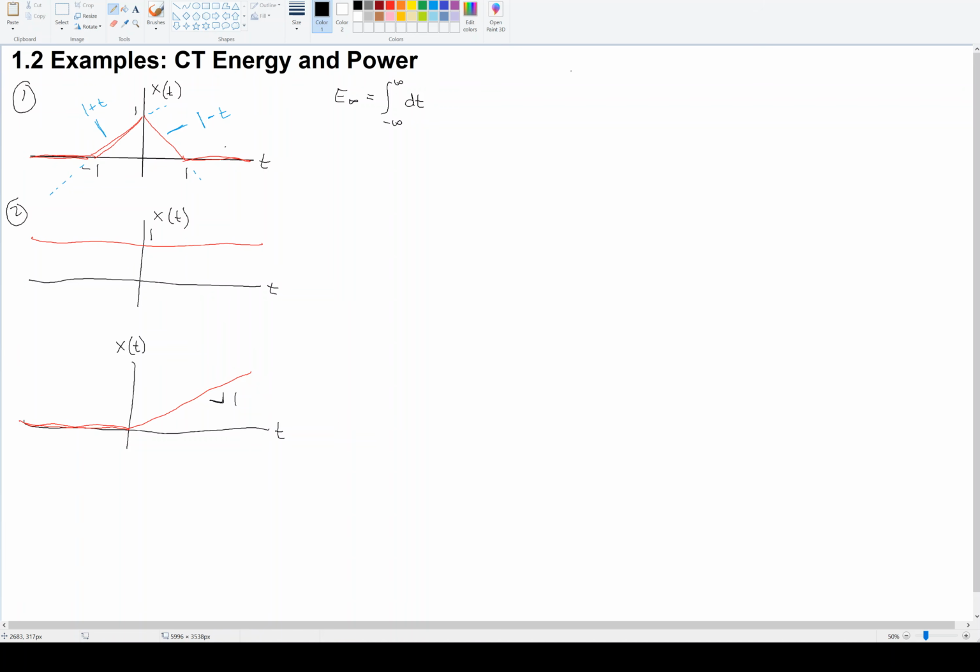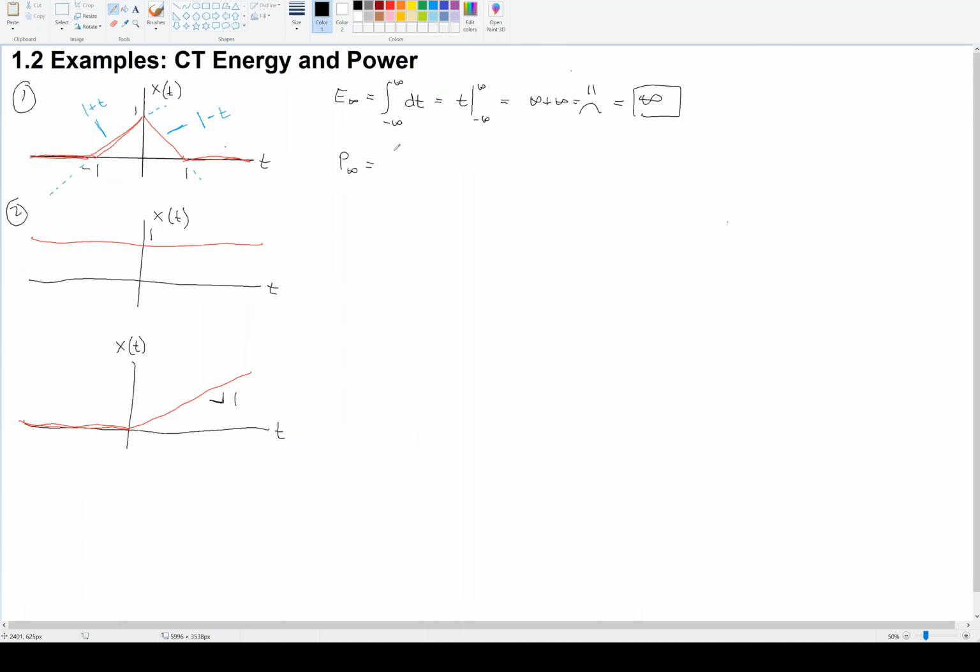So here's my integral I now have to evaluate. When I integrate dt with respect to time, I get t plugged in from minus infinity to infinity. So this is improper. This is infinity plus infinity, right? This is twice infinity, so that goes to infinity. Infinite energy. But let's take a look at its power,